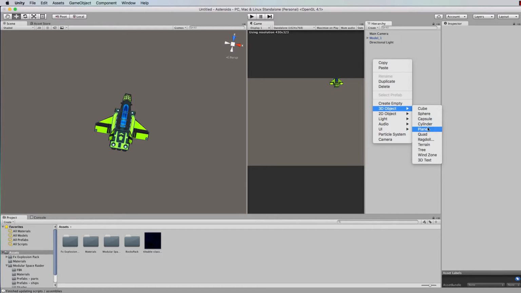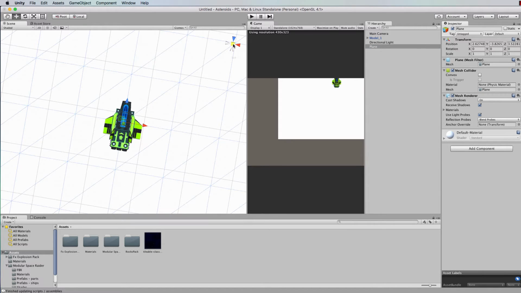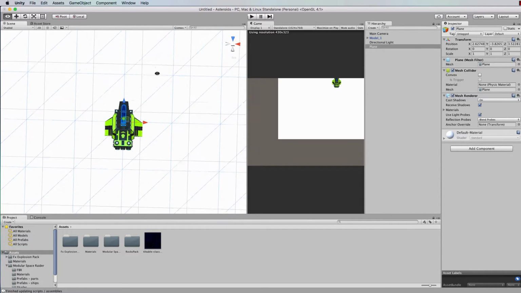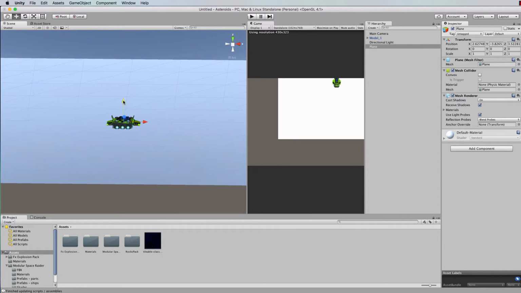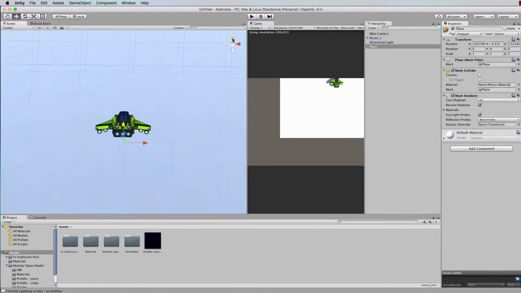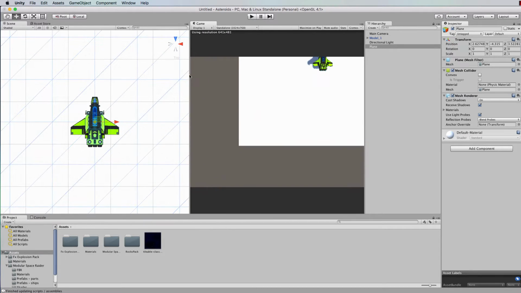Let's add in a plane. Okay, so there's our plane. Now I want to look down the scene. And I want to make sure that the plane is below the spaceship, like that. So you want to look down the y-axis and you want to set your camera to be looking down the y-axis as well. I've already set my camera up, and if we just have a look at what it's set to,